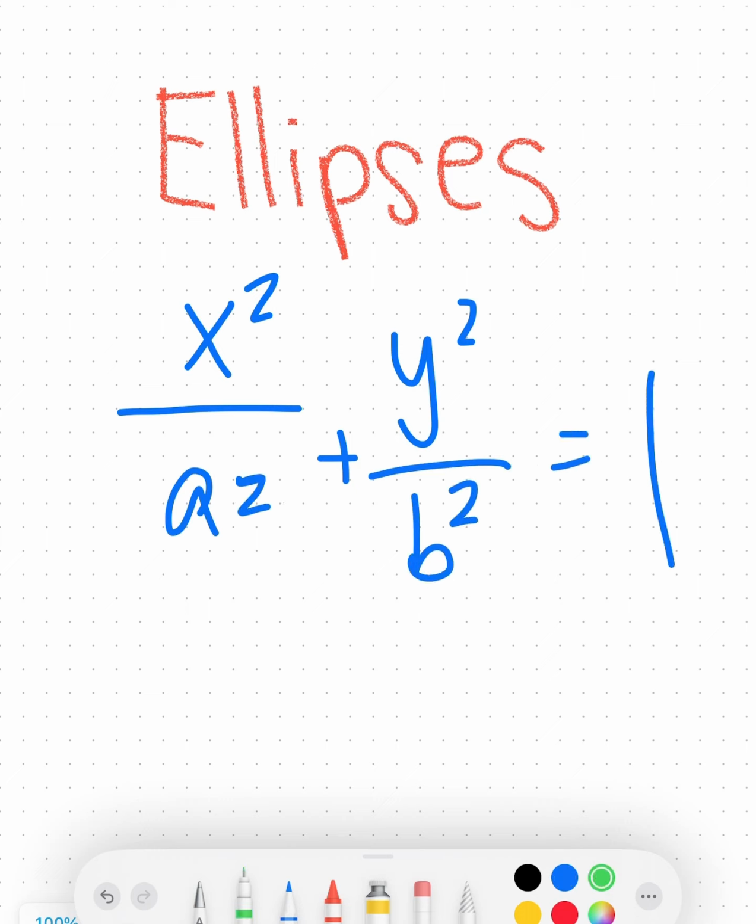Okay, and you might be wondering what is a squared and what is b squared when they give it to you in the equation, okay? Because knowing the difference between a and b is important. So a is going to be whatever denominator is larger, okay? So if